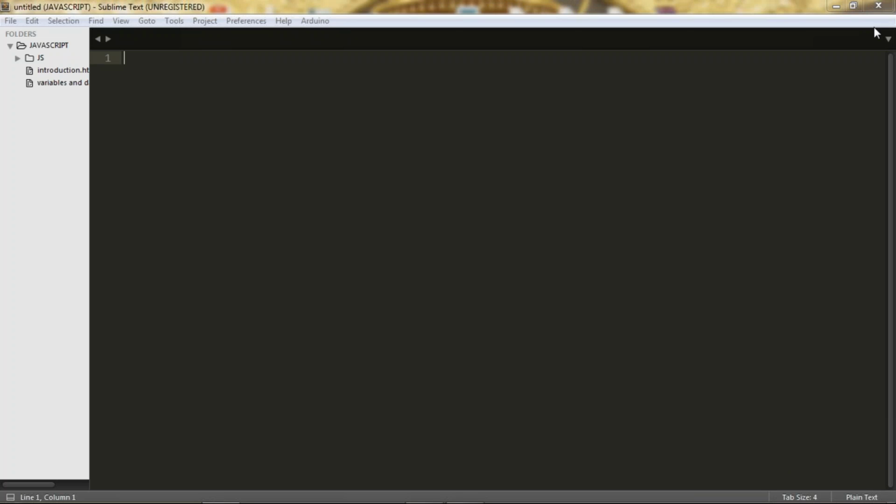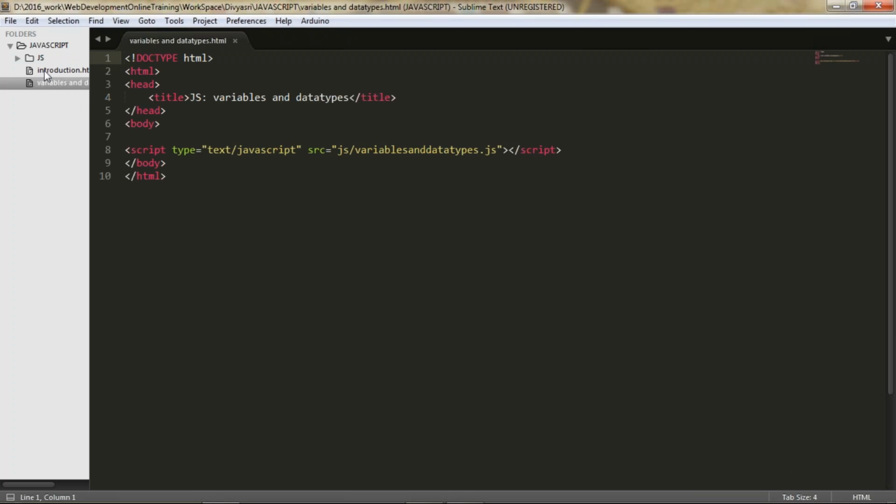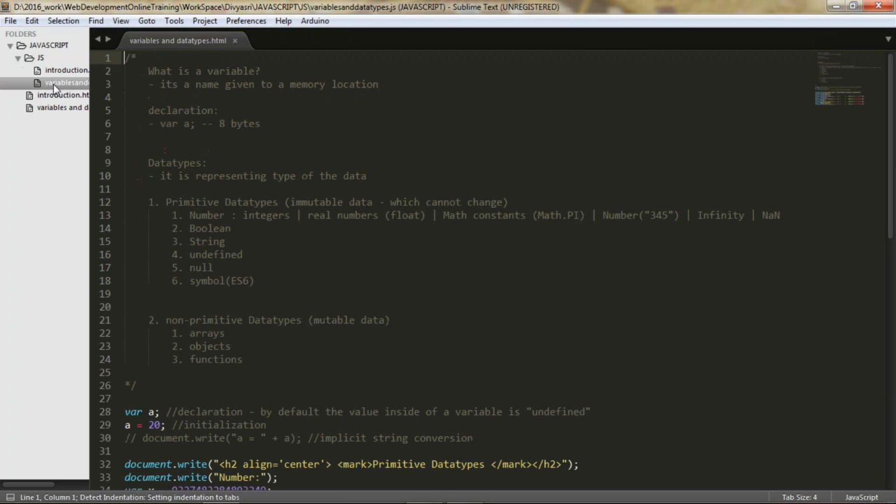Right? So we are discussing variables and data types. We have seen two categories of data types. One is the primitive data type, the second one is the non-primitive data type. Okay, and we are talking about the